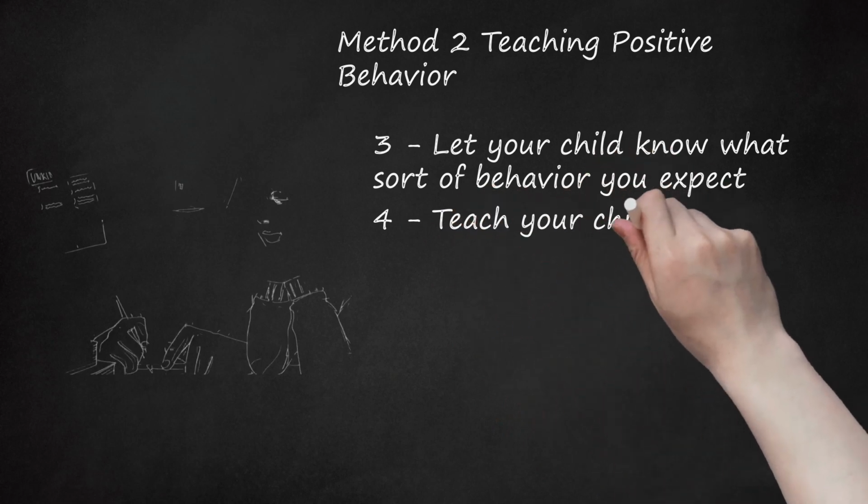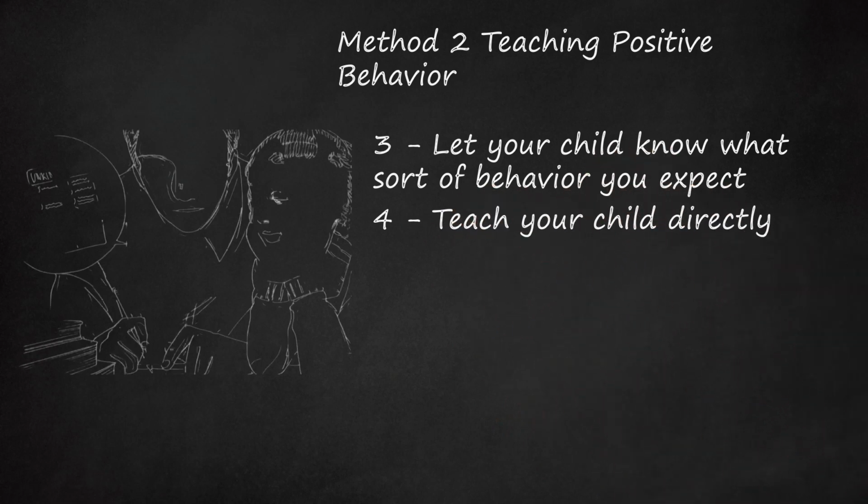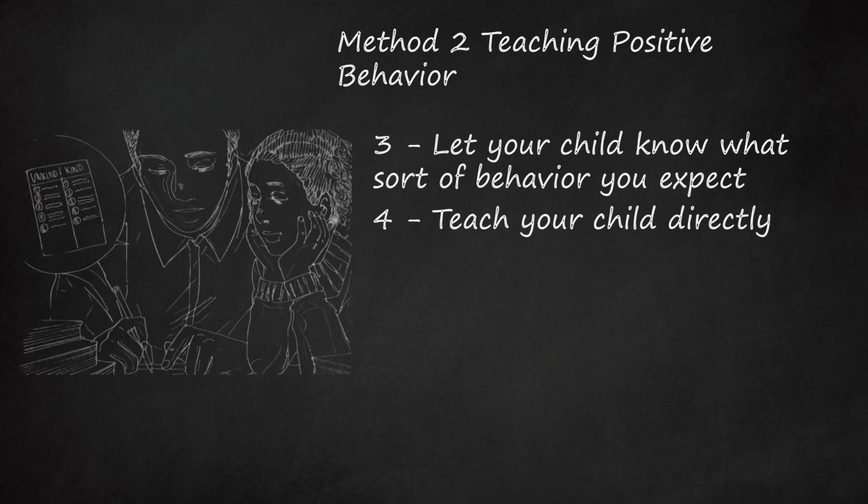4. Teach your child directly. Explain to your child what behaviors are acceptable and which behaviors are unacceptable. For instance, you might make a list of different behaviors with your child and help them categorize each into bullying and kind behaviors. Divide a piece of paper into 2 columns. Label one column as unkind or bullying and label the other as kind or nice. Provide several words or phrases to your child and ask them to place each in the appropriate column. You could include words or phrases like yelling, showing respect, pushing, sharing, complimenting, being mean, and hugging.